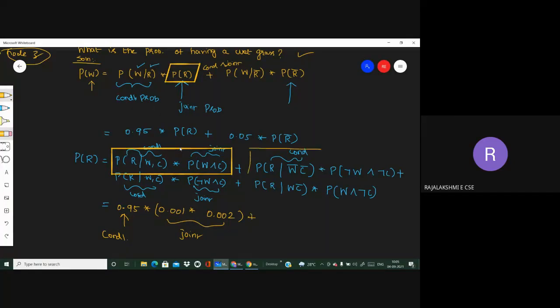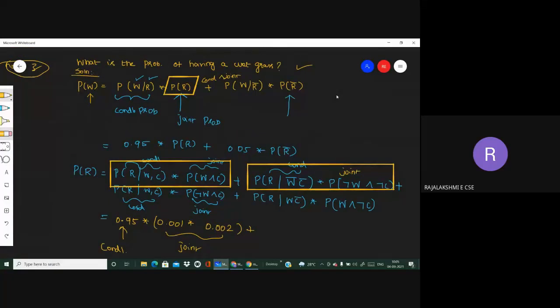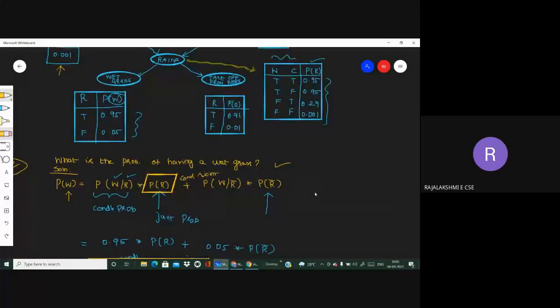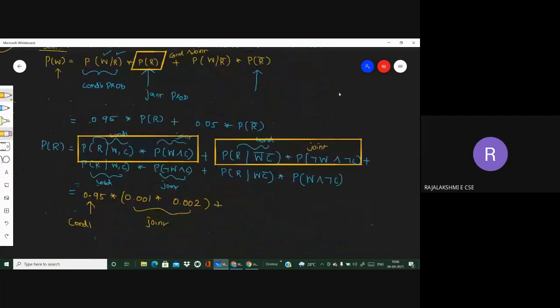Now you calculate the probability of these two. Here one condition is there and one joint is there. Let's see what it is. What is the condition of the rain when there is no wind, no cloud? See the table. When there is no wind, no cloud, what is the probability of getting rain? What probability? 0.001. Okay,